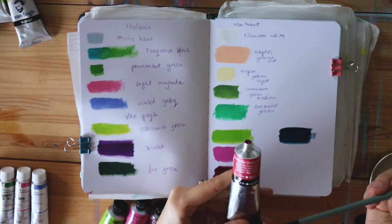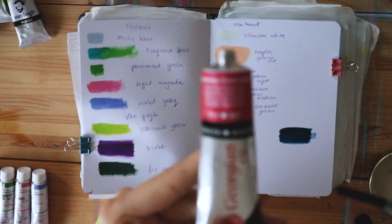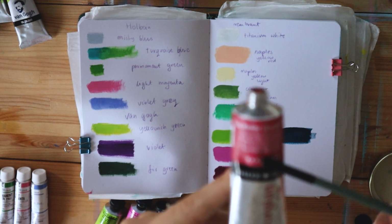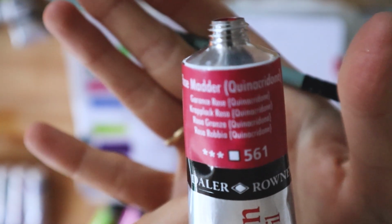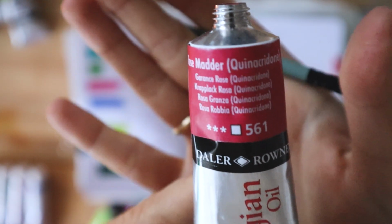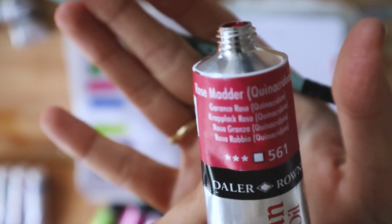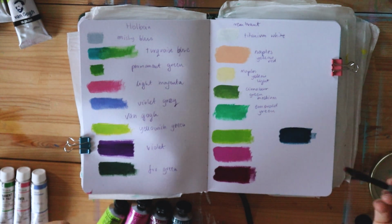Each paint has different signs for opaqueness, and they usually have a square, which either has a cross line, or it's black, or it's half black, or I don't know, but this one is just blank white, and it has 3 stars, which I have no idea what it means. I need to check it. Or I can just swatch it and see, because the transparent ones are usually just transparent, so...